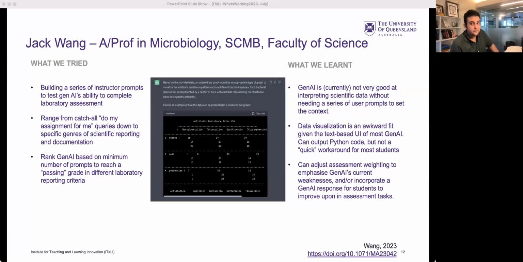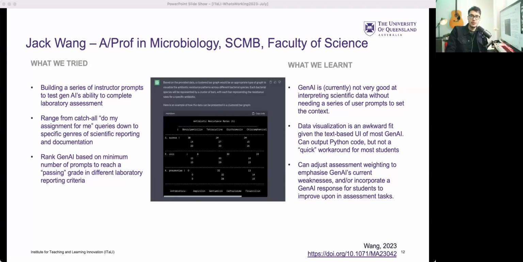Jack, one last one from me before we move on. Have you had a chat with the students about this? What comes to the student from all this? Students obviously are going to be using this because all we do is talk about it. So obviously they're going to see all the headlines and hear all the fuss that we're making about it, and they're going to gravitate towards it.